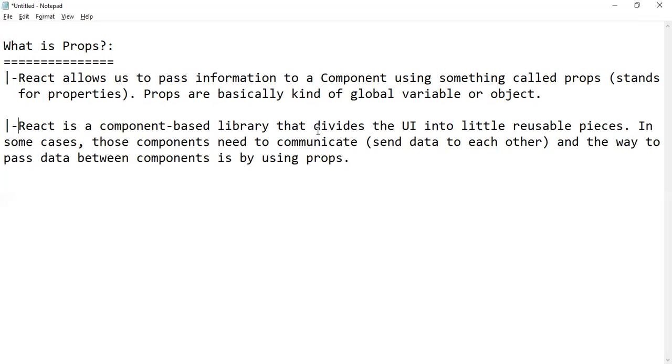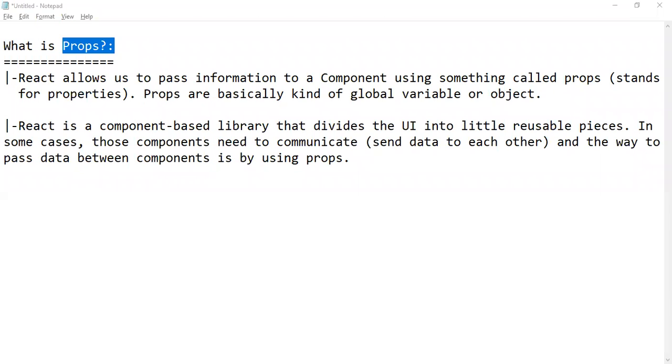In some cases, those components need to communicate, it means we want to send information from one component to another component. So how can we pass the information? Passing information from one component to another component is nothing but props. So using props, we can pass the information from parent component to the child component.